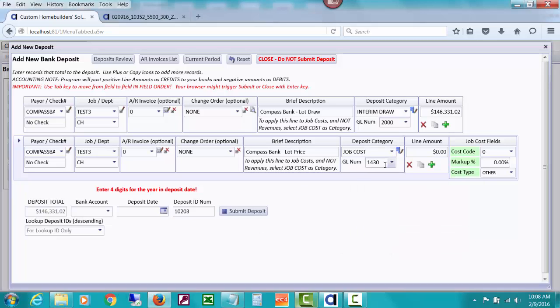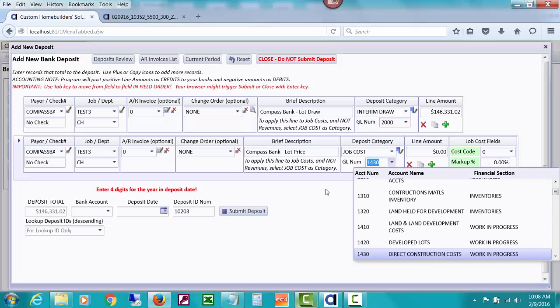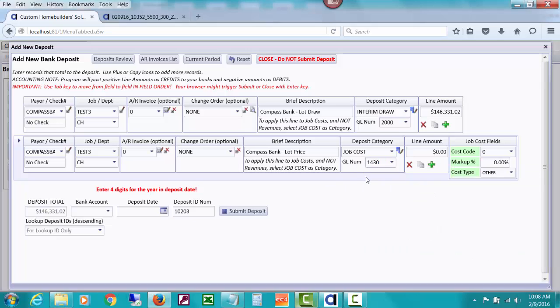And because we set up that deposit category for a default GL number of 1430, which is our work in progress account that we're using with this builder, we want this to be posted as part of the job cost in our work in progress account. Now the amount of that lot was $144,000, I think. Let me just check